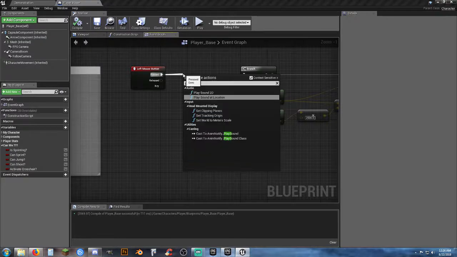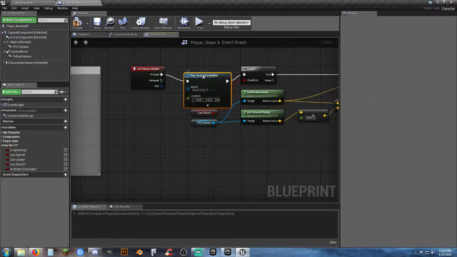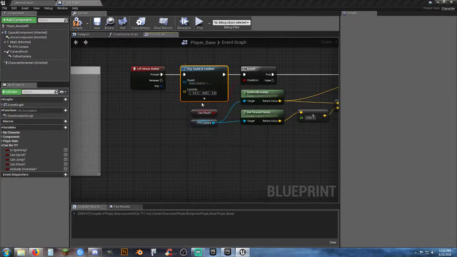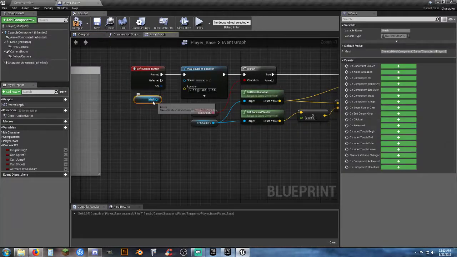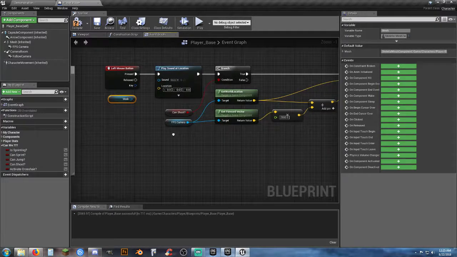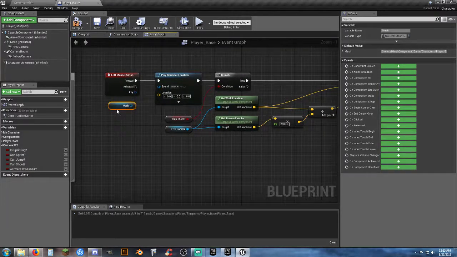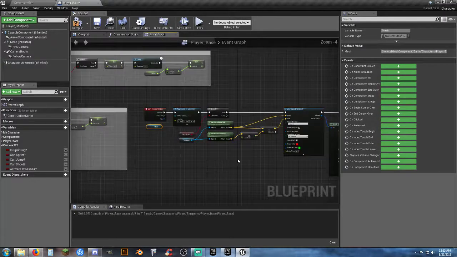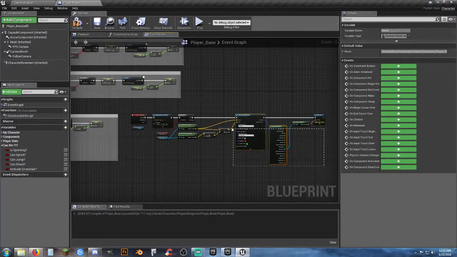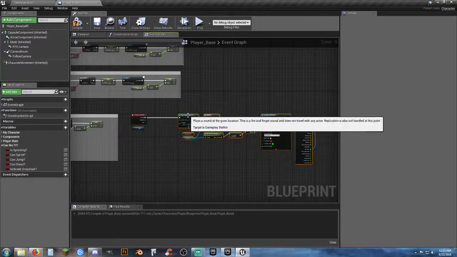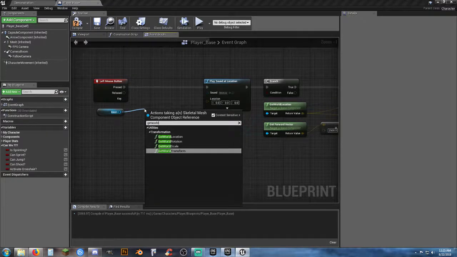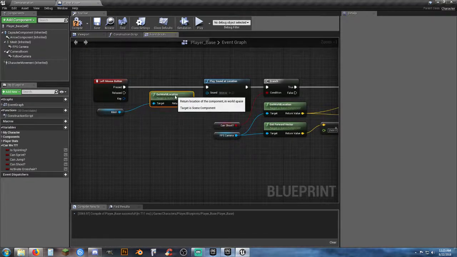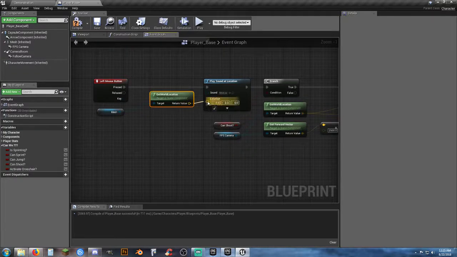play sound at location, and the location that we want and sound that we want. Sound is going to be 9mm, and location we'll just get a reference to our mesh. Just grab everything and just drag it on over. And we'll get world location just so we have a reference to where we're actually going, and quickly cover the